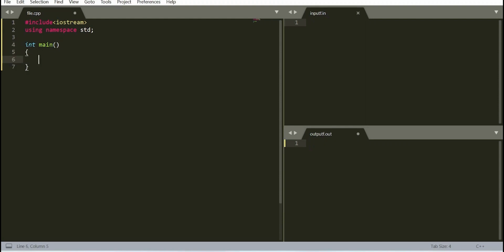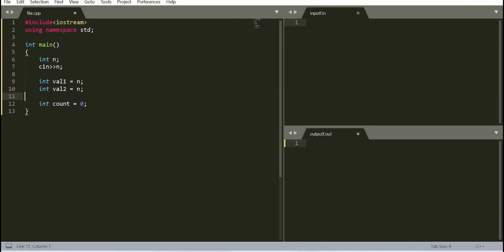Let's first take input, int n, cin n. And the first part is counting of digits. So let's take a count variable, and initially let's take int count equal to 0. What I have told is to use two separate variables, int val1 equal to n and int val2 equal to n.